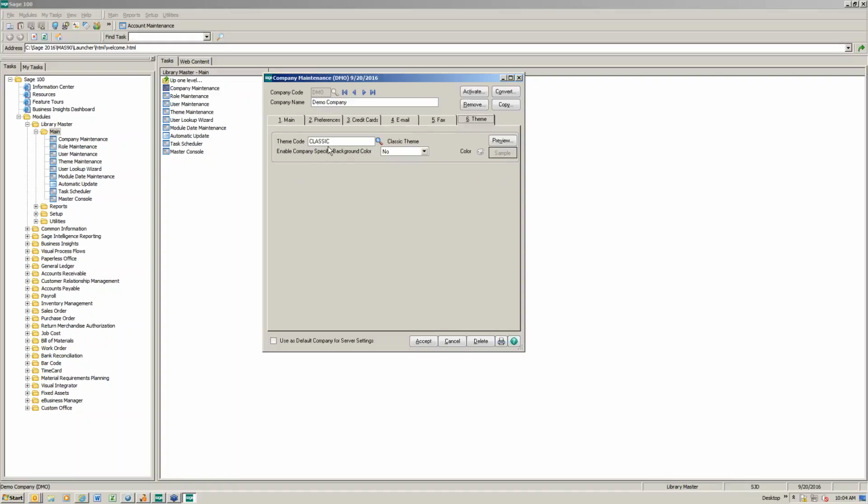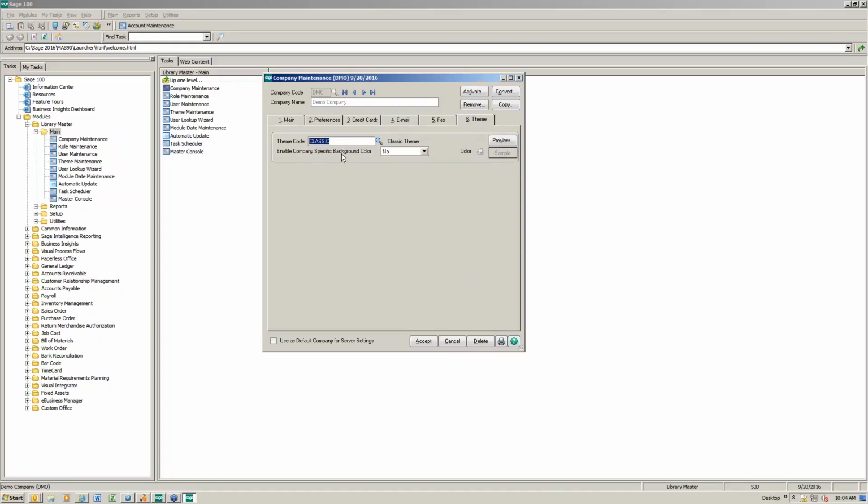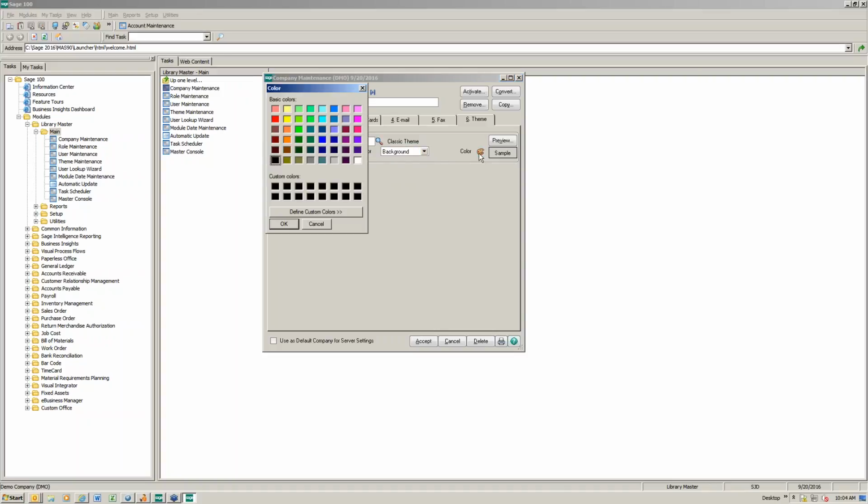And here you'll notice that I am using the classic view that we talked about versus our standards. But I want to stay with classic, and here's my question: enable company-specific background color. So I'm going to say I want to choose or change the background. I can also change the frame, or I can change both. I'm going to go ahead and choose background. Now, the next thing you're going to want to do is click on your color palette. So go ahead and click on the color palette, and